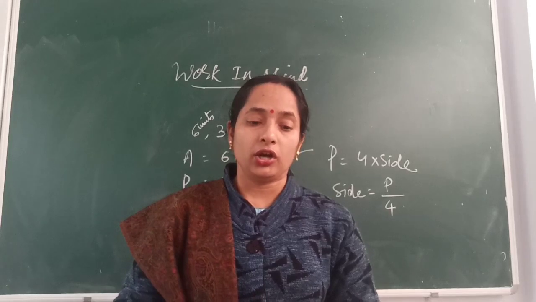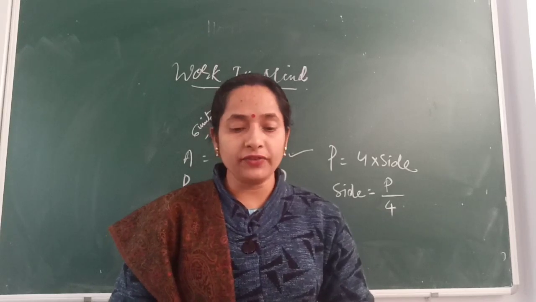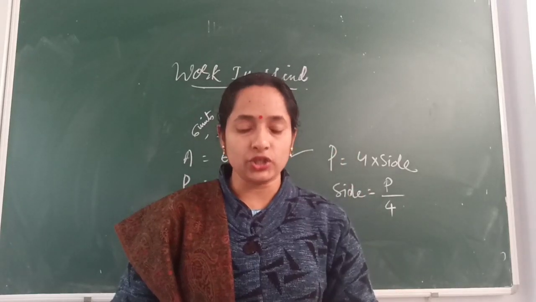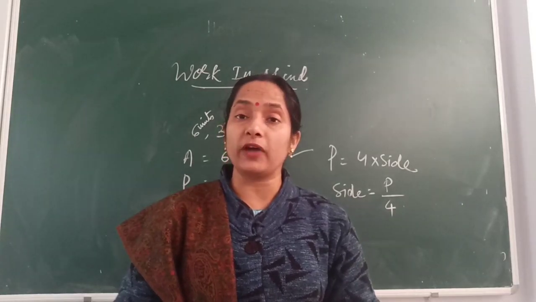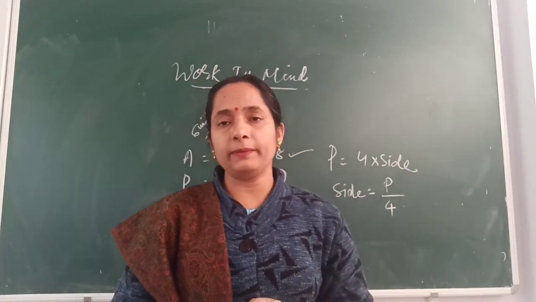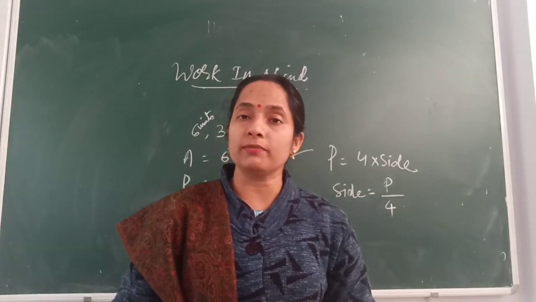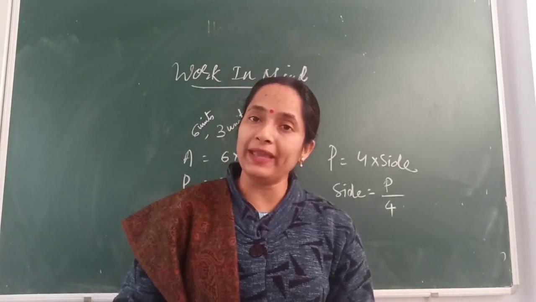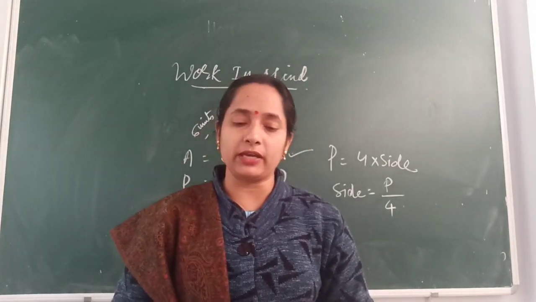So the concept of both 5th and 6th is the same, and the answer will also be the same, but the units are different. In question number 5, the length of each side is given. Sorry, I said cubic centimeter, but it will come as cubic meters. Why? Because in question number 5, the length of each side is given as 1 meter, then its volume will be equal to 1 cubic meter. Whereas the length of each side of the cube in question number 6 is given as 1 centimeter, then its volume will be 1 cubic centimeter. Okay, so like this you can guess the answers without using pen and paper.